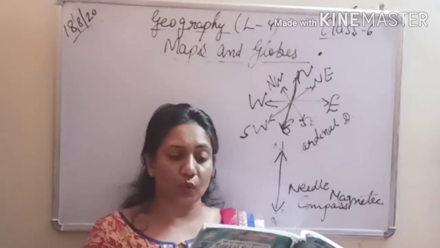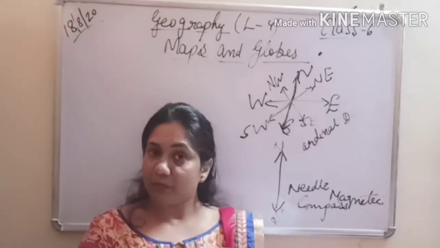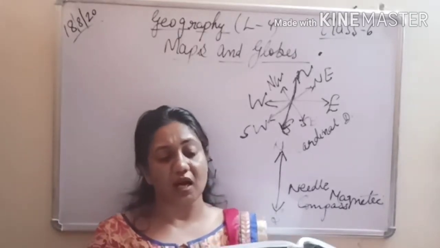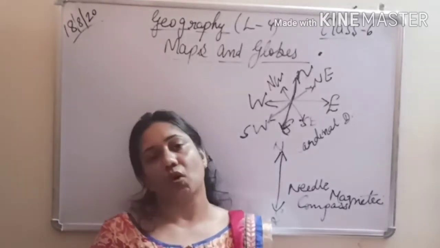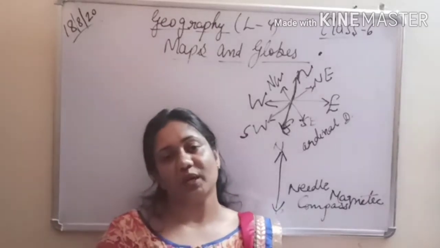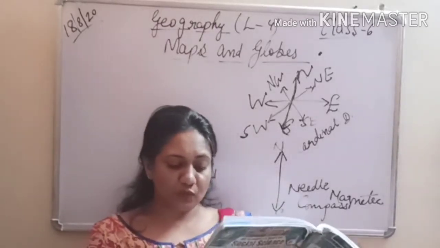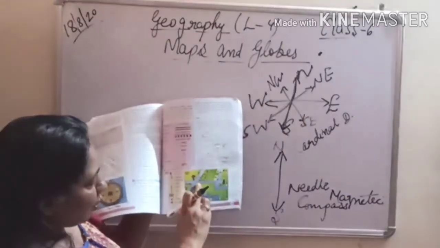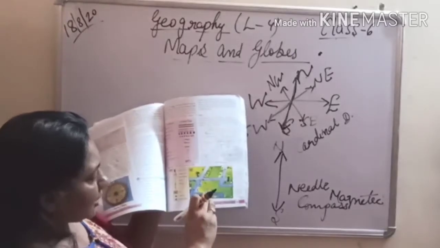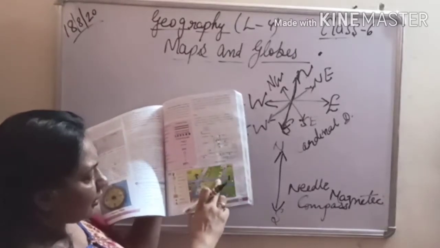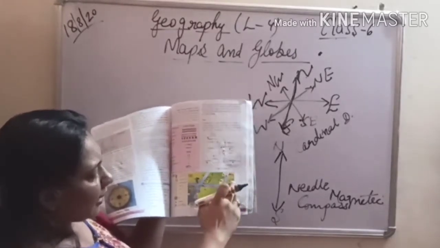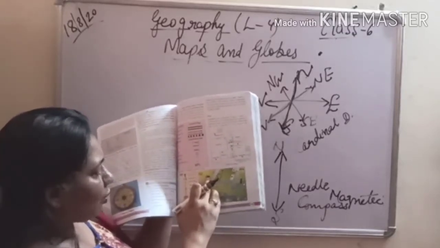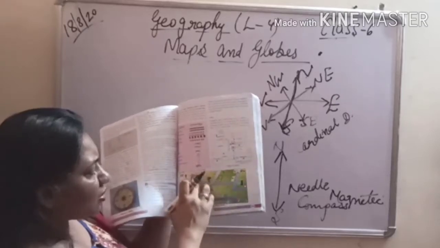He will show various landmarks like post office, cinema and hotel that will help you to find his or her house easily. Such a drawing is called a sketch. Just see in the pictures, arrows are shown: turn this side, then move ahead, then turn right, then go further ahead, and a picture of a house is there. Here you can see a tank, a water tank. This is a symbol of water tank. So these are the key terms.